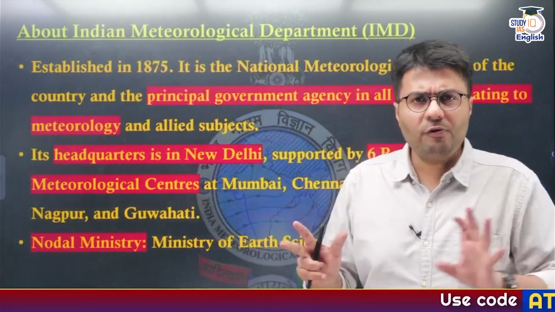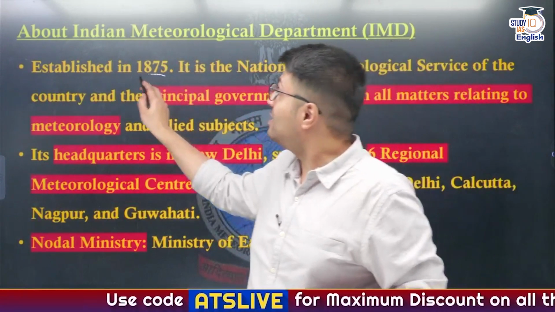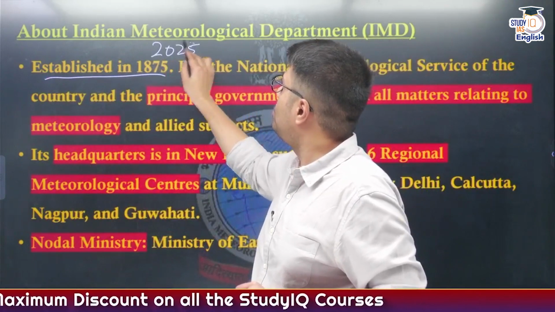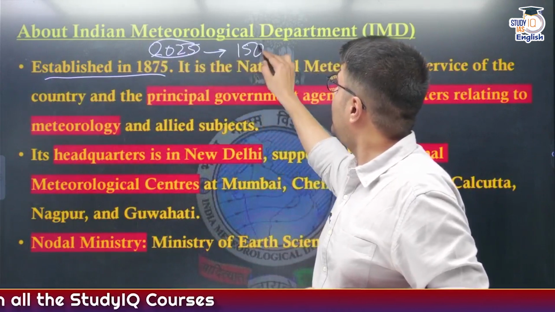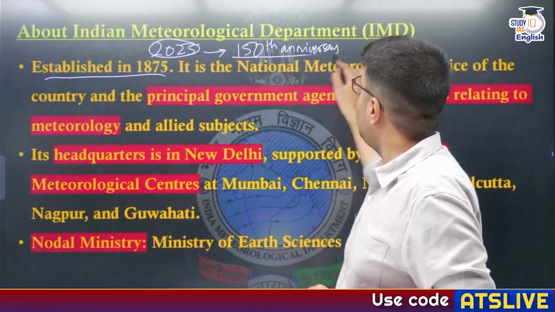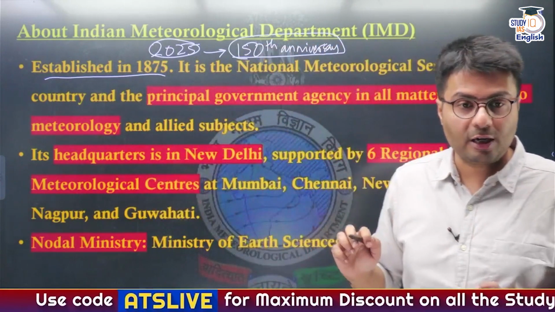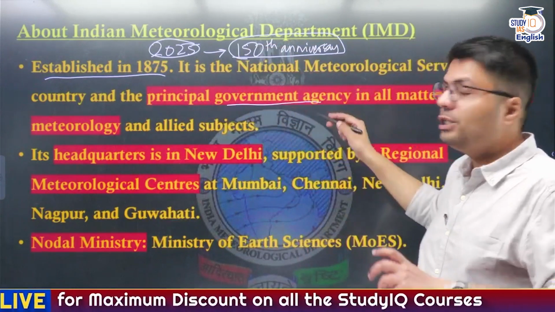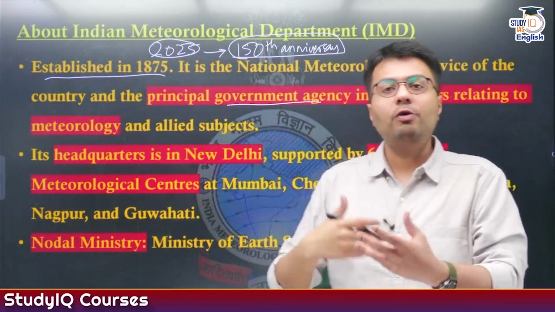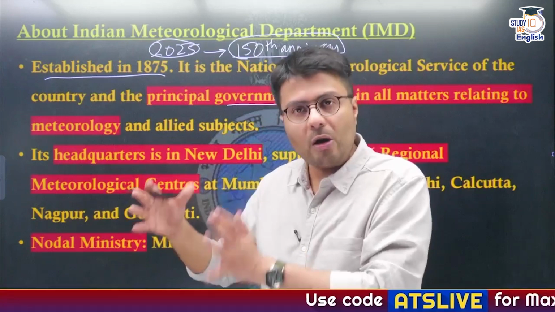Now let us quickly understand a few facts related to IMD, and why we are dealing with IMD in today's lecture. Because it was established in 1875, and what is the year right now? It is 2025, which means this year IMD is celebrating the 150th anniversary of its establishment. Any such significant milestone naturally makes this topic important from our exams perspective. Now IMD is the government's principal agency for all matters related to meteorology. So estimating the amount of rainfall, estimating whether or not rainfall will be sufficient and can it lead to drought, all of this